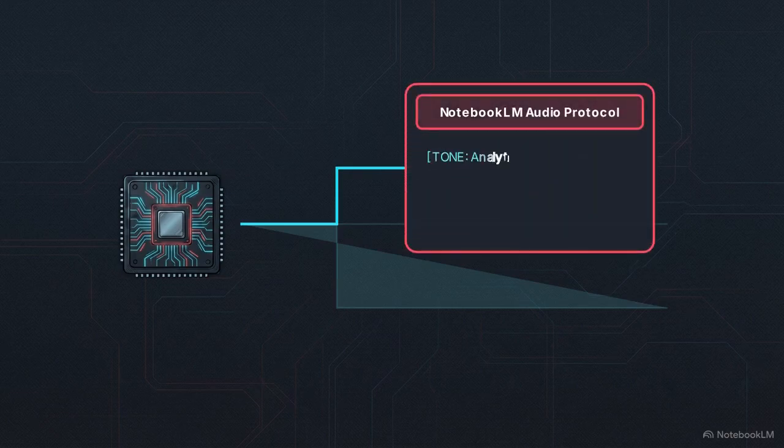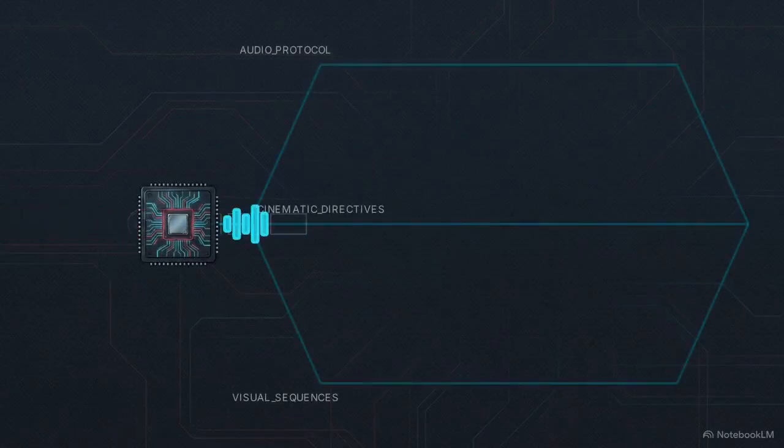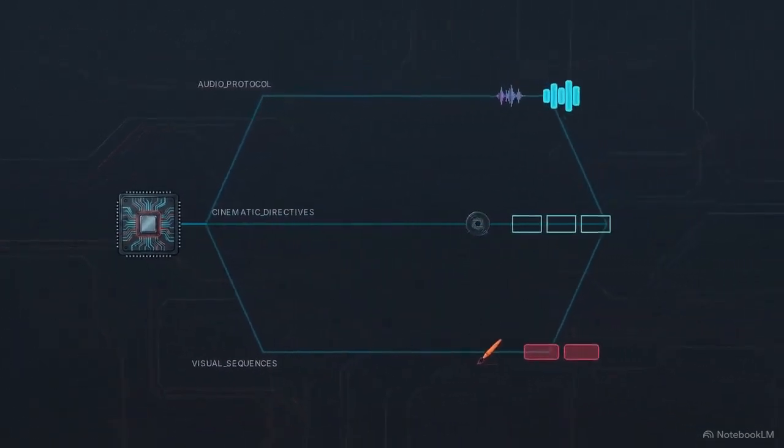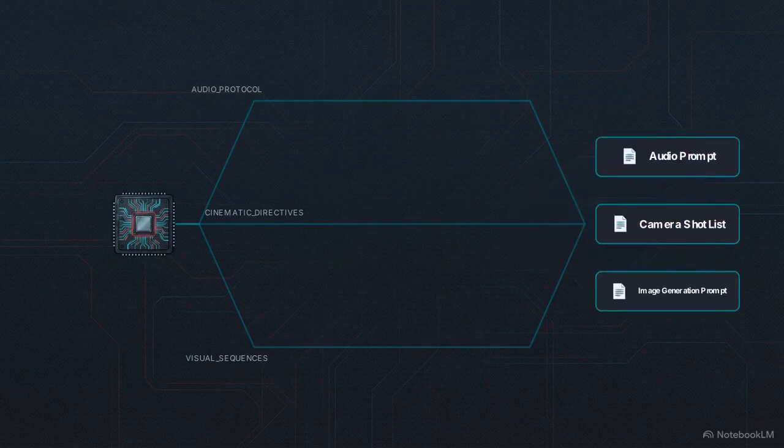The first pipeline generates the NotebookLM Audio Protocol. This protocol provides specific tone and pacing directives that ensure the resulting audio maintains a structured narrative. The second pipeline produces cinematic format directives, which outline the visual progression and framing of the video. The third pipeline creates Midjourney sequences, providing the specific parameters and style tags required to generate consistent visual assets. This process converts a single URL into a complete set of creative directives, replacing manual team coordination with automated local